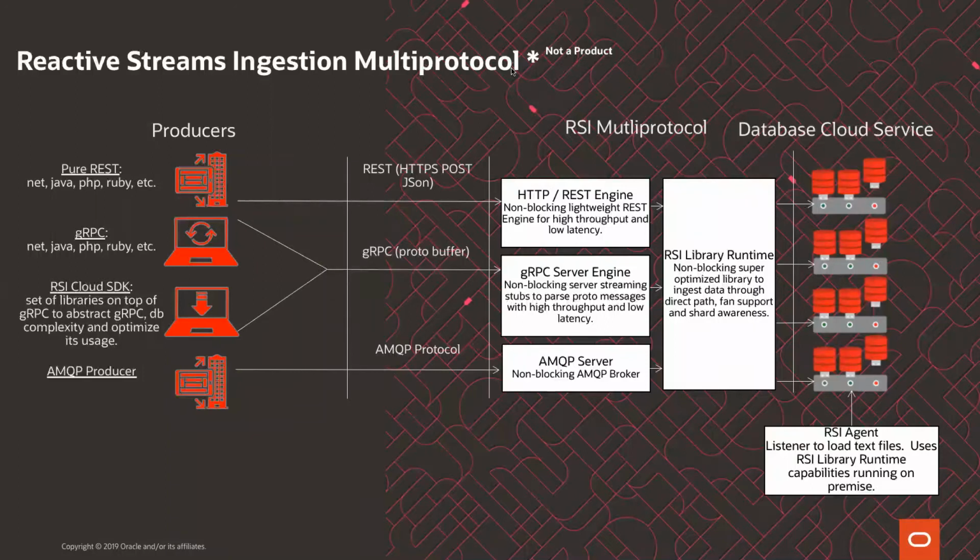So the general idea for the library is to run in a higher environment, right? This is not a product. This is something that we were working on, and this is the demo that we're going to show: use the library, exposing different protocols, and then ingest records into the database, right? What we're going to see in today's demo is this one, to create a REST engine that is going to accept records using JSON, and then it's going to ingest into the database. We also have a demo for gRPC and AMQP.